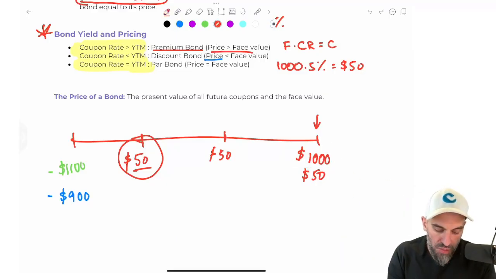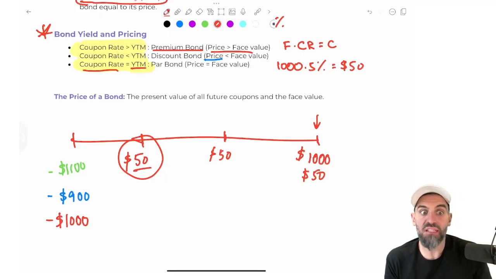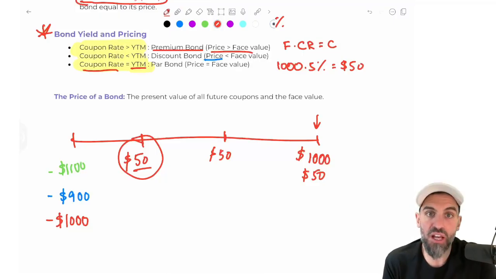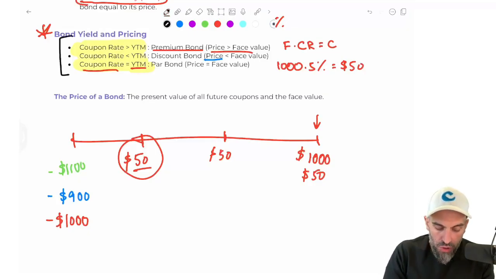And when they're equal, when the coupon rate is equal to the yield, then the investor would actually pay exactly, this is called being at par, exactly the face value. So you give $1,000 at the beginning and you get $1,000 at the end. Okay? You should know this